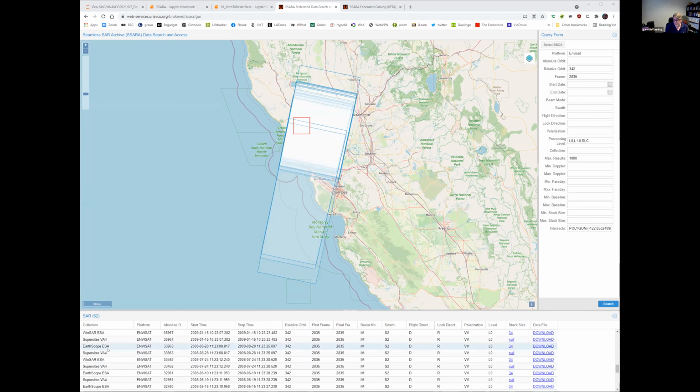I saw Earthscope as well. So all the places where we ordered that data back in the day, but it's not providing any way of retrieving the frames, and I wonder if that is now broken within TSAR or the API version or what.